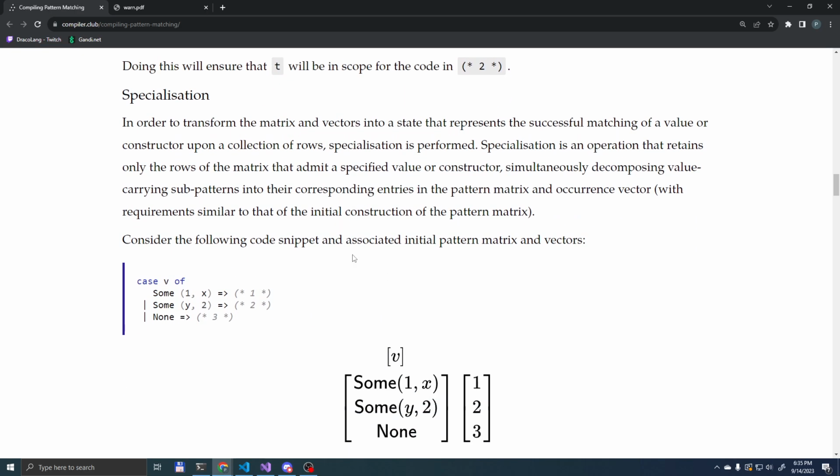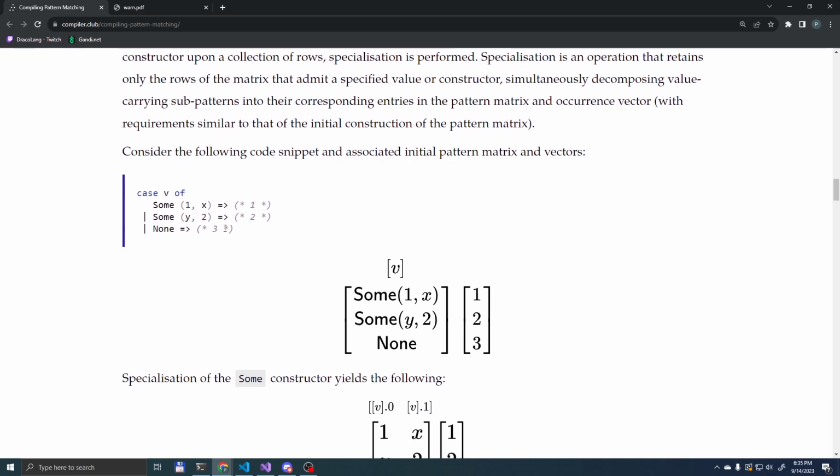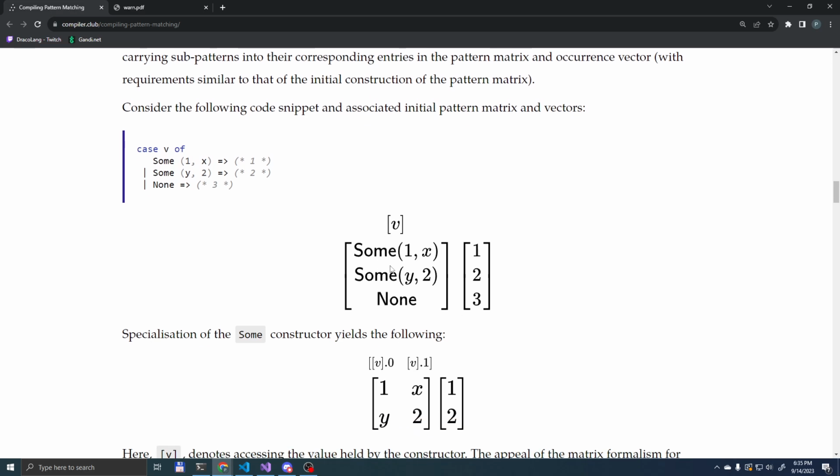The next one is called specialization, which is a bit more interesting, and this one is actually related to matching. Finally, so what specialization is saying is that, for example, let's collect all the members here that have sum as the constructor in the first column,